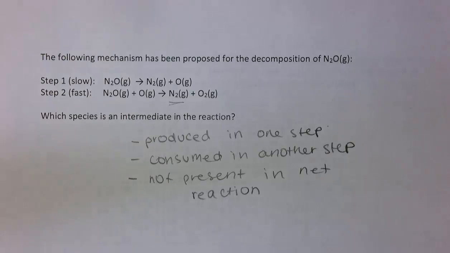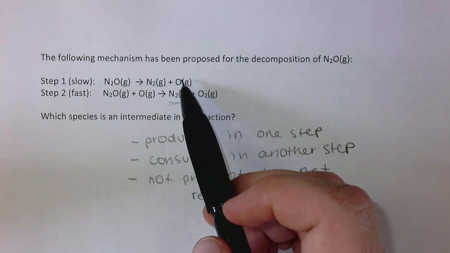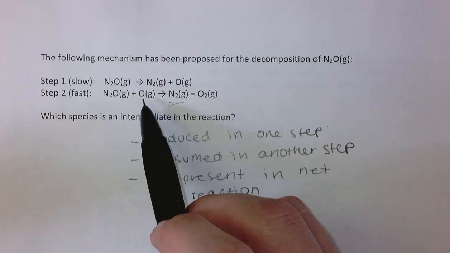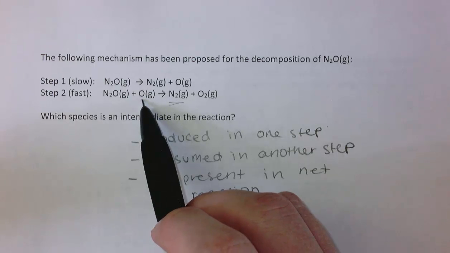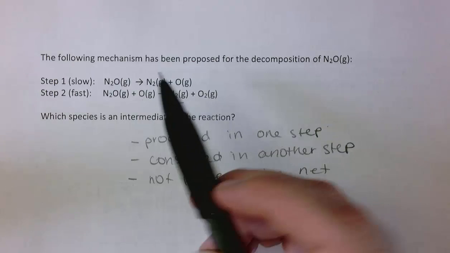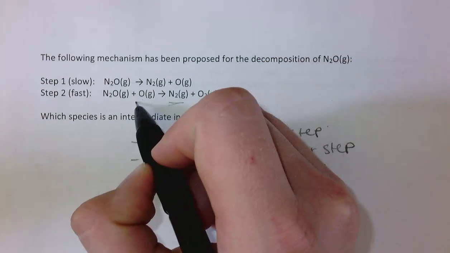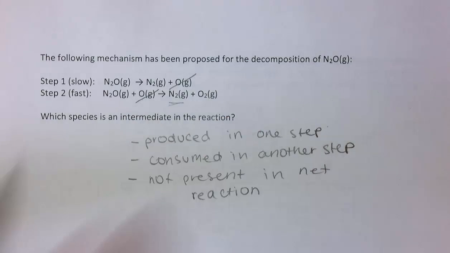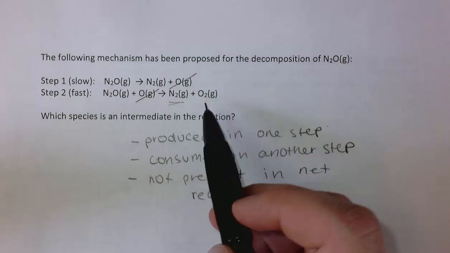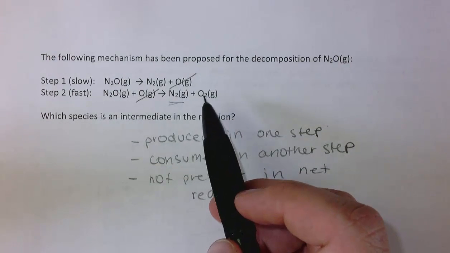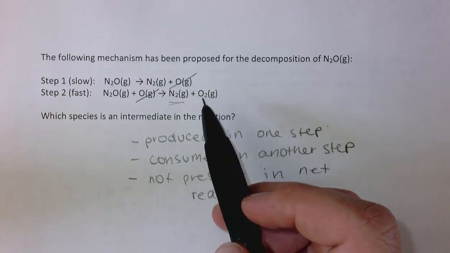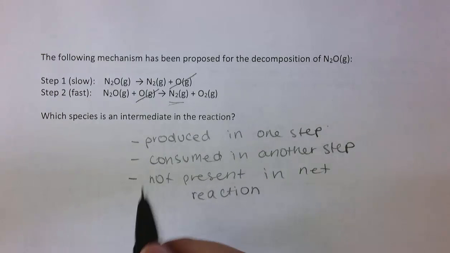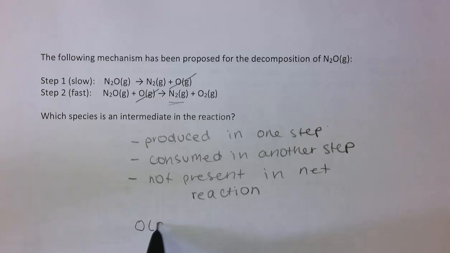But monoxide is produced in step 1, but then immediately consumed in step 2, and it's not present in our overall reaction. If we add these two reactions together, our monoxide will end up canceling, and that's also a good way to think about it. So while we do have diatomic oxygen present as a net product, our intermediate in this case